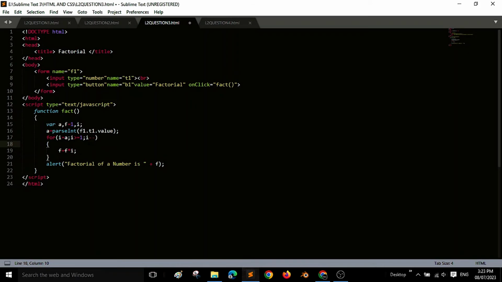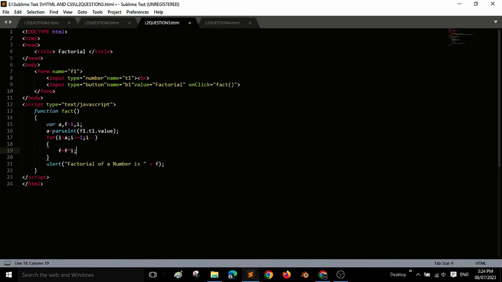So the value stored in i is multiplied by f, and the value we get here is stored in the variable f. So the multiplication of f by the value stored in i is stored in f. Then our result is final. Our final result is stored in the variable f.